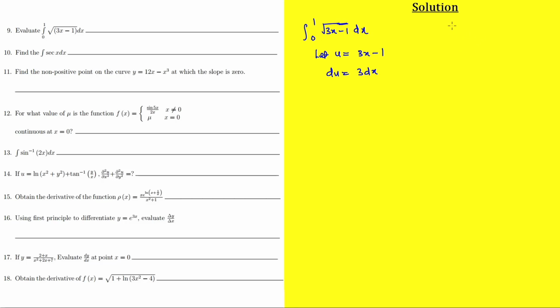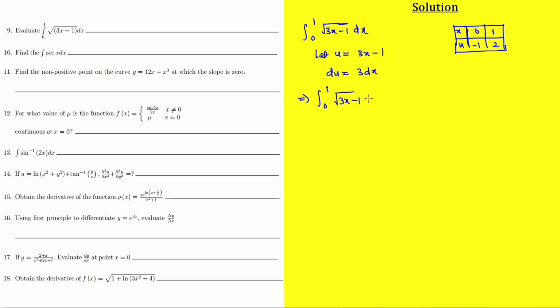So I normally draw a box. Then I'm going from where? I'm going from x to what? To u. So that means when x is 0, my u is minus 1. And when x is 1, my u is what? My u is 2. So that means that the integral from 0 to 1 of the square root of 3x minus 1 dx is simply the integral from minus 1 to 2 of the square root of u